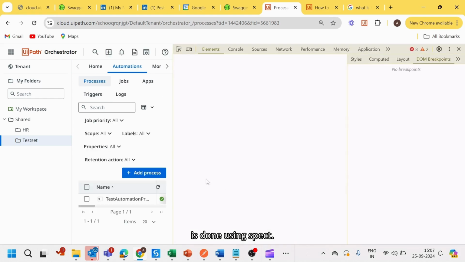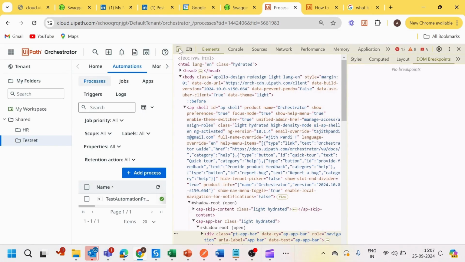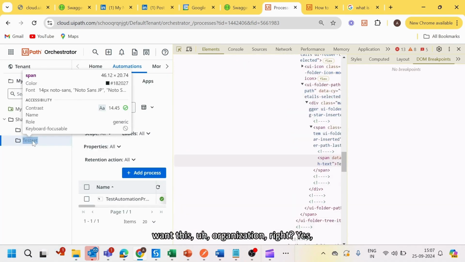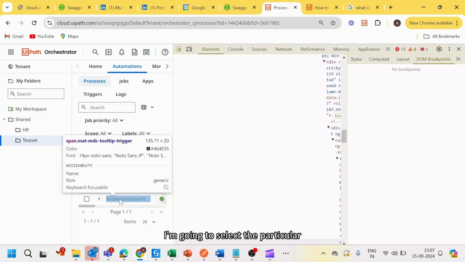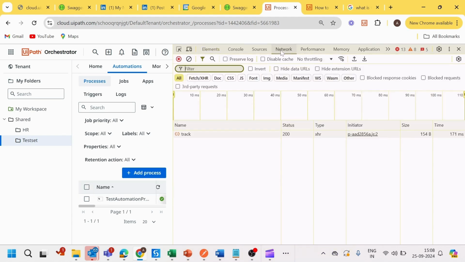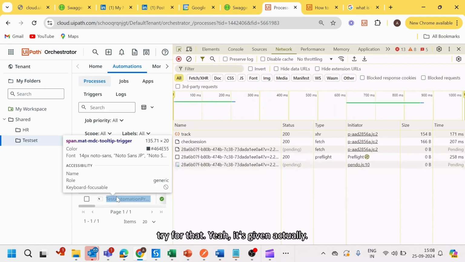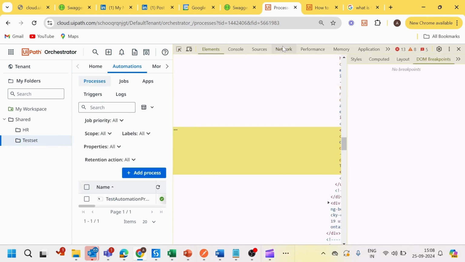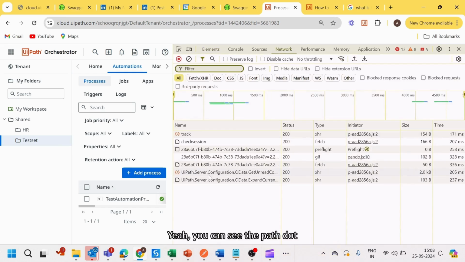Just hit on it, inspect, click on the hero mark. Now I want this organization, right? Yes, I'm going to select the particular package. Once you select, click on network. We'll wait for a couple of seconds. If it doesn't give the response, we will try again. Yeah, it's given actually. One more time. Yeah, you can see